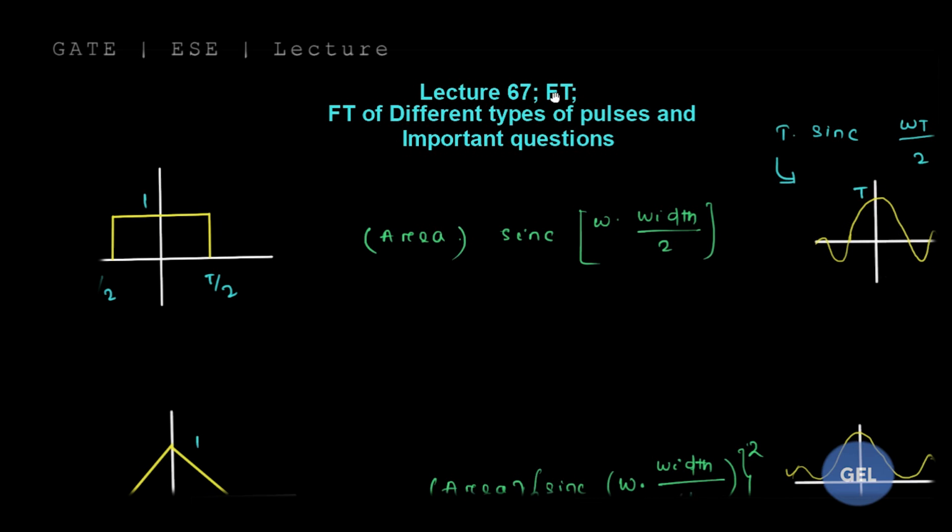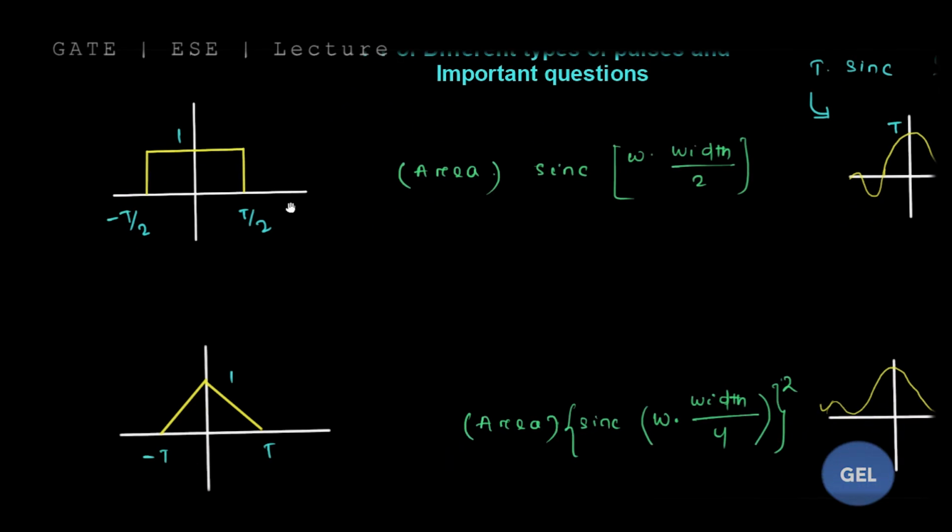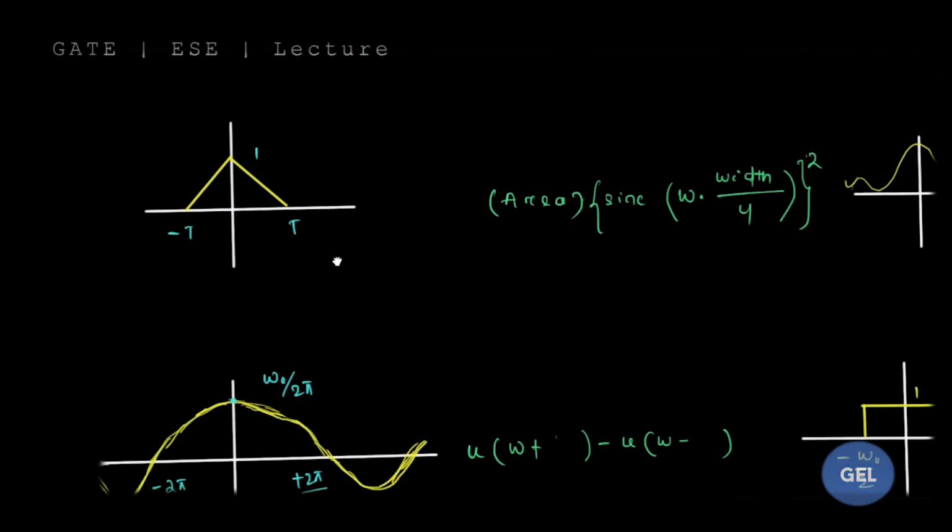We are in lecture number 67 of Signals and Systems, and here we are still in the module of Fourier transform, and we are still going through the Fourier transform of continuous time signals. But this lecture video is a very important lecture video for your GATE exam, because here we are going to analyze and give you formulas, and also we're going to discuss a couple of very important question types regarding different kinds of pulses. It might be a rectangular pulse, it might be a triangular pulse, it might be a